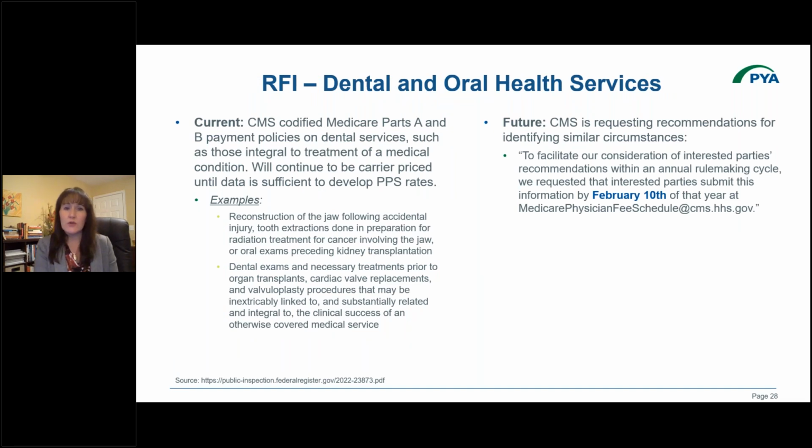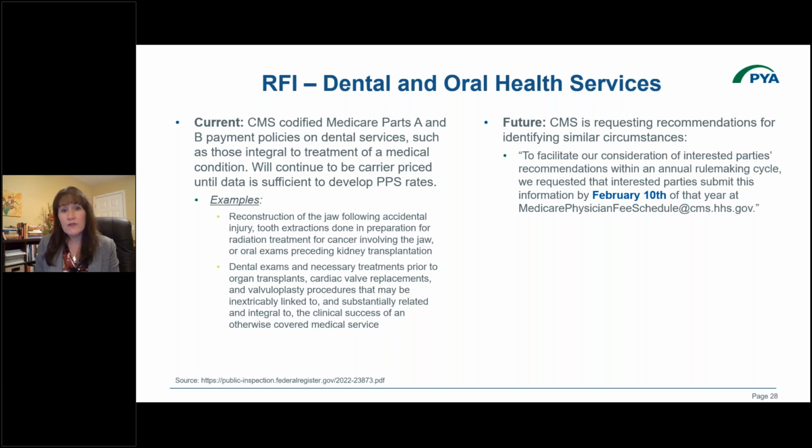In regards to the dental and oral health services, there is a finalization, and CMS actually codified that Medicare Part A and B can pay for dental services that are integral to the treatment of a medical condition. So what you'll see is that there are certain examples of when this could be billed that they have recognized. So you would want to bill within those that they have recognized